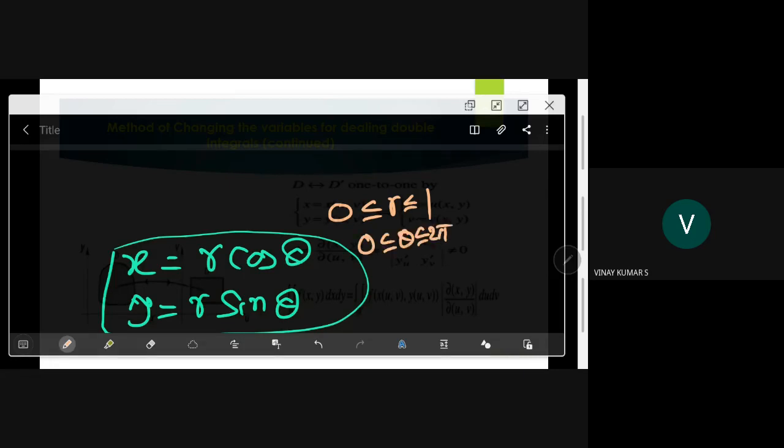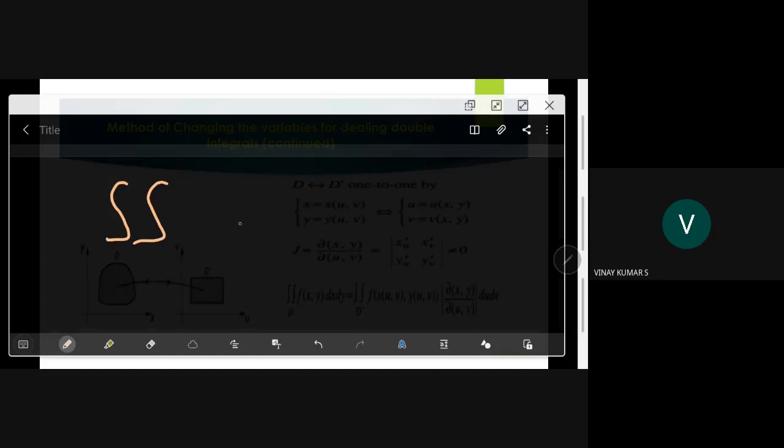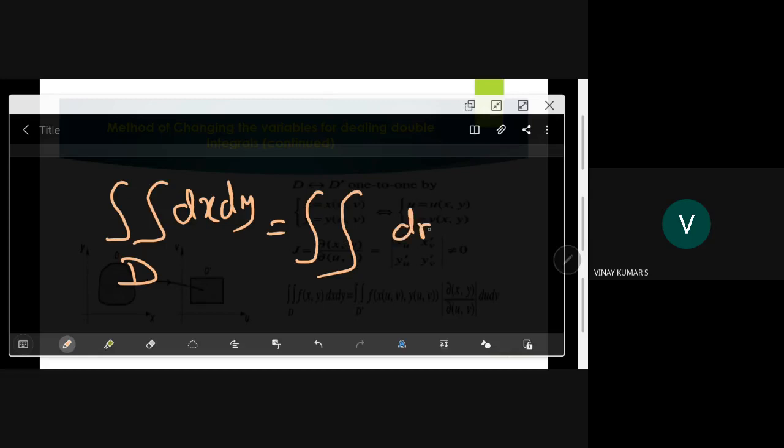Right? Now see. It is mere imitation of single integral. So we are interested in this dx dy. Region is D. Now what I will do, I want to convert this into r theta frame. So I have to write dr d theta here. But see, when we are doing integration in one variable, put t, x is equal to t square, then dx is equal to 2t dt. We say like that. The 2t is the derivative, in fact. So here comes the Jacobian.